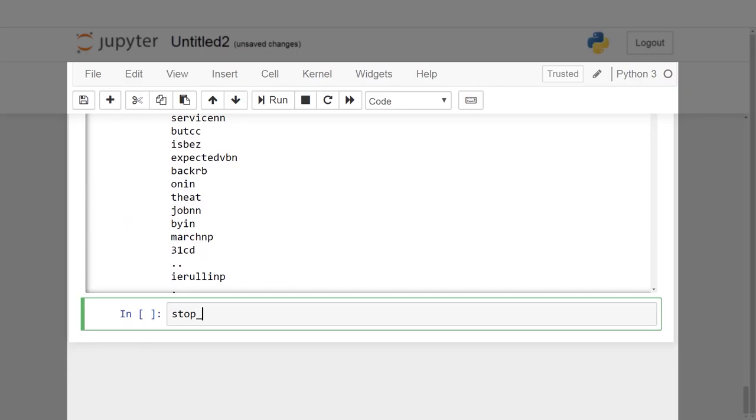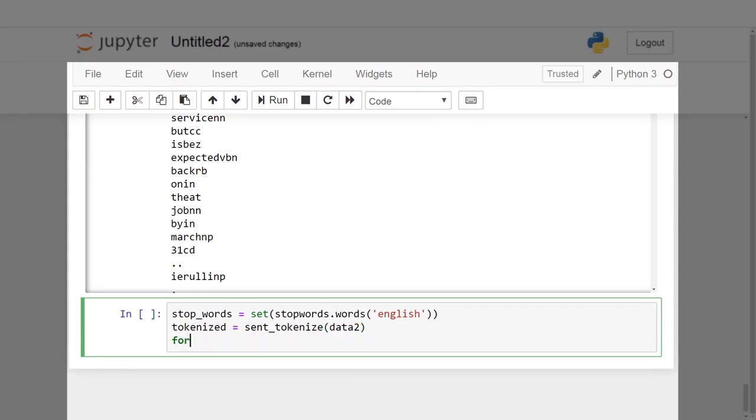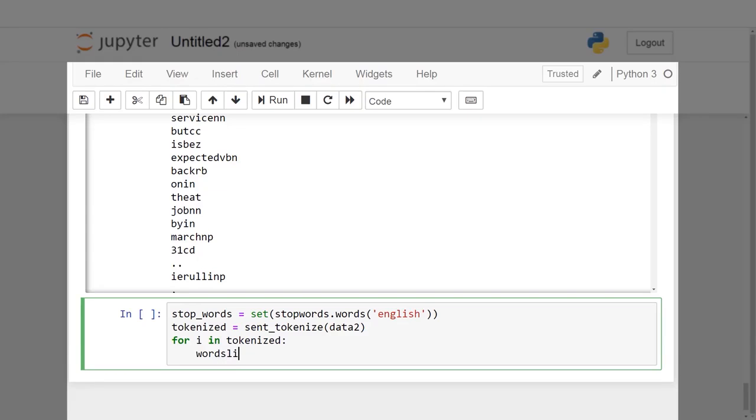We also need to evaluate the POS tags for each token. Create a new word list and store the list of word tokens against each of the sentence tokens in Data 2. For i in tokenized,